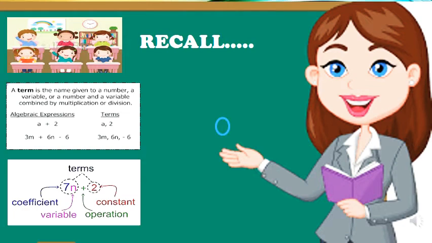2 is a constant. Don't confuse, 7 is not a constant, because 7 is multiplied with a variable, we don't know the exact value of n. So 7n is also a variable. But 2 is a constant since it is not multiplied or divided with any variable. So 2 remains as a constant. So hope it is clear to you all what is a constant, what is a variable and what is an operation that is going to make a term into an algebraic expression. So you require 2 or more terms to make it as an algebraic expression. So hope you all know how to identify the coefficients of variables also.